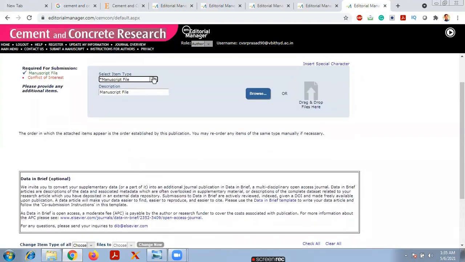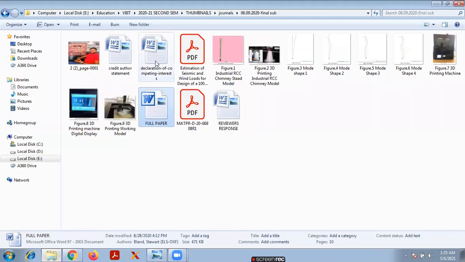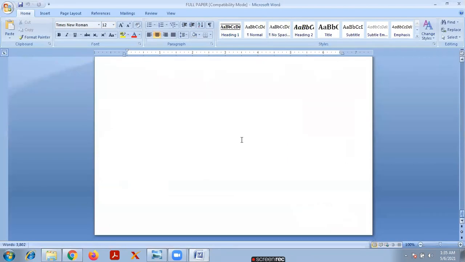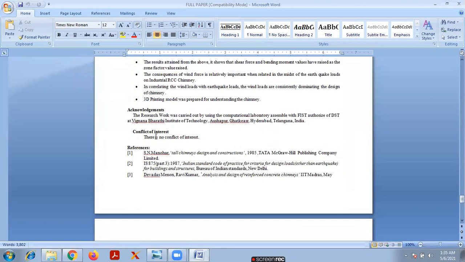The next item is the conflict of interest. Now you will check. Sometimes the conflict of interest is included in the paper. Like this: there is no conflict of interest.